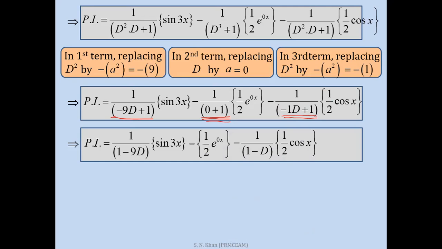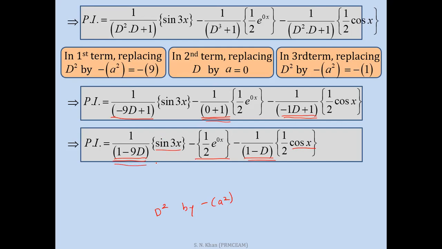Okay. So out of these three terms on right hand side, only second term is solved. सेकंड टर्म में ऑपरेटर D नहीं है, ऑपरेटर D रिमूव हो गया, मींस ये टर्म हमारा सॉल्व हो गया। बट फर्स्ट टर्म एंड थर्ड टर्म कंटेन ऑपरेटर D। यहाँ पे 1 माइनस 9D लिखा है, यहाँ पे 1 माइनस D लिखा है। दीज टू टर्म्स कंटेन D, और जब तक ऑपरेटर D रिमूव नहीं होगा तब तक कंटिन्यूअसली हमें इसे सॉल्व करना है। बट अभी सॉल्व करना है तो उसके लिए फंक्शन अगर चेक किया तो फंक्शन इज साइन एंड हियर फंक्शन इज कॉस, मींस वी हैव टू अप्लाई केस नंबर 2। और केस 2 अगर अप्लाई करना है तो फॉर दैट वी हैव टू रिप्लेस D स्क्वायर बाय माइनस ऑफ ए स्क्वायर,